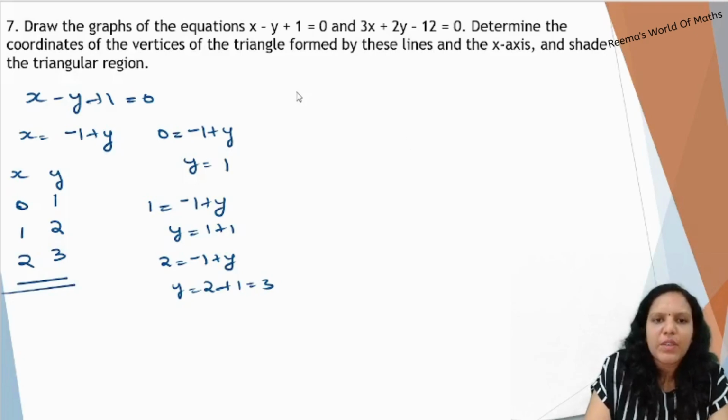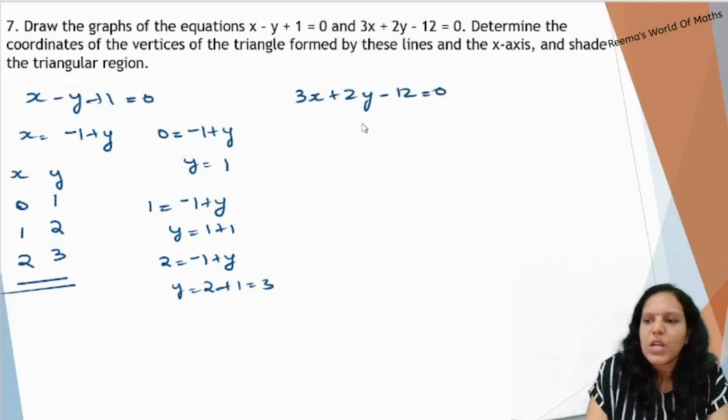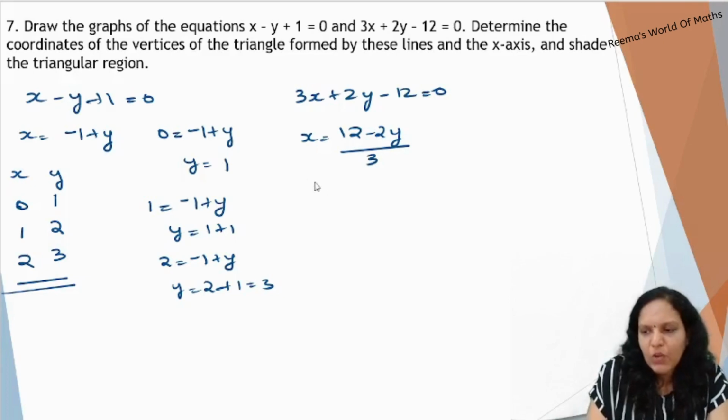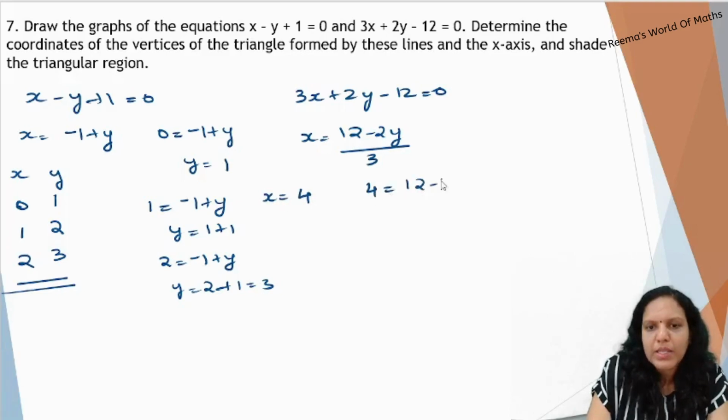The second equation we have is given: 3x plus 2y minus 12 equals 0. This we can write as x equals (12 minus 2y) by 3. Now, let's take the value of x to be 4. So, that is 4 equals (12 minus 2y) by 3, which is 12 minus 2y